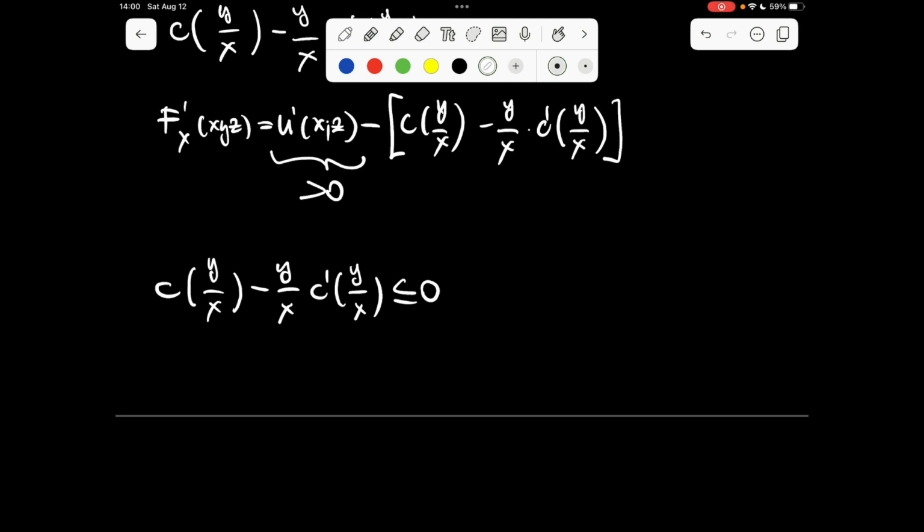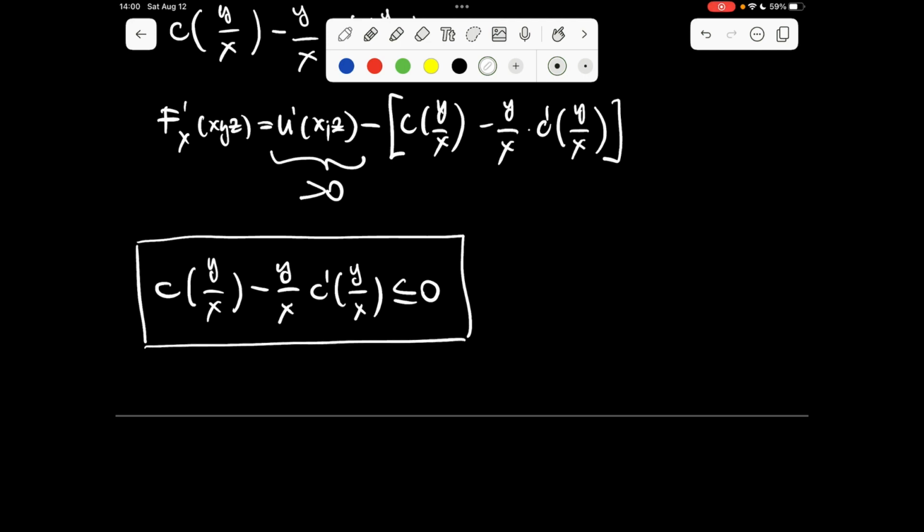If we can show that this inequality holds, then one period return function f is going to be strictly increasing